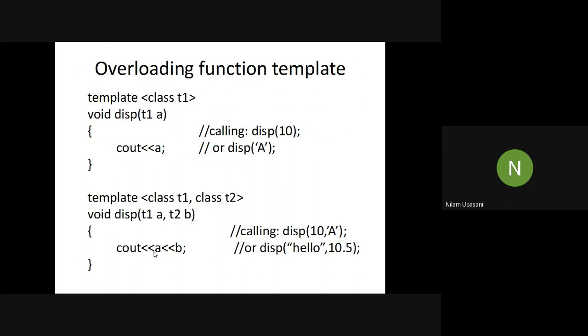Okay, so it will display this character array, that string, on the screen, and B is nothing but float, 10.5 will be displayed. So whenever I am calling display function with two input arguments, it will call this template function, and whenever I am calling display function with one single argument, in that case it will call this display function. Okay, so explicitly you can overload these generic functions also, it is possible